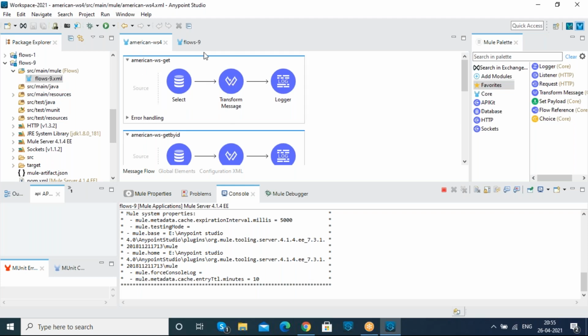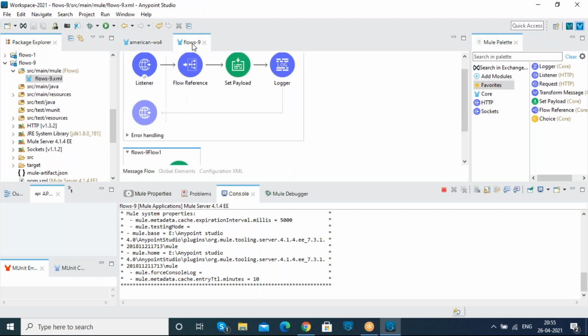Then these flows we call private flows, and private flows are used for the reusability concept. So let it deploy. I will also debug this project and show you how it picks the response when we have multiple payloads in a project or API.